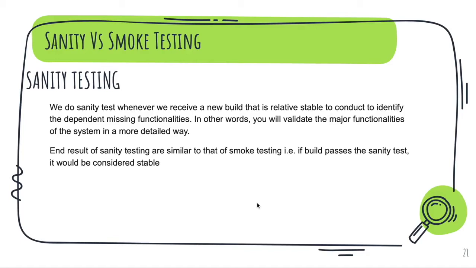So if you are getting any new build from the developers, then in order to proceed with the full depth testing, you are doing sanity in order to make sure that every major functionality of the application is working fine, whether it's new functionality or old functionality. You make sure that the build is getting installed correctly and all the related test data needed for testing are working fine on that particular build, so that you are not facing any issue later when you start full-fledged testing.